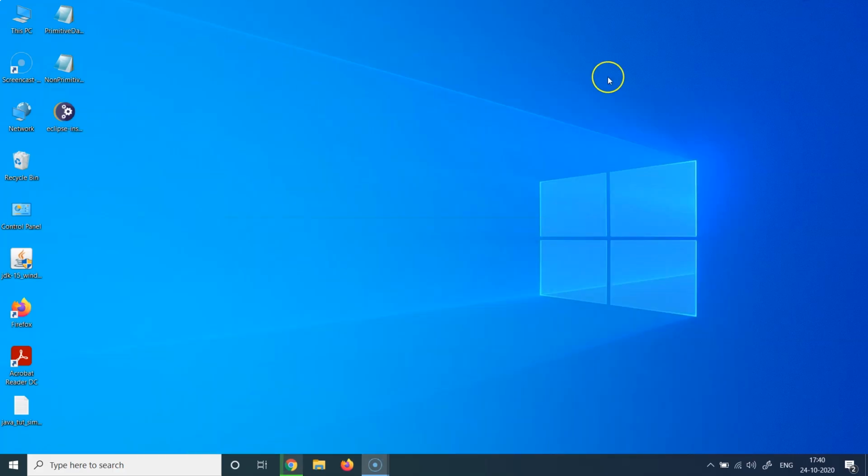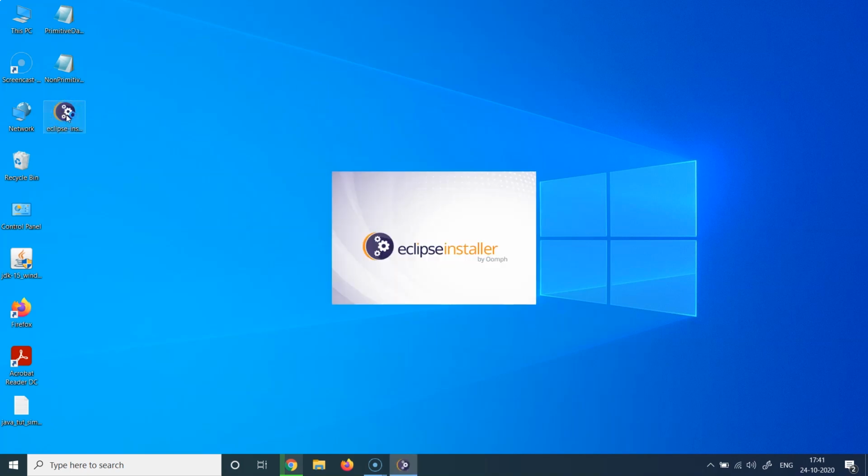So we can move to the next step, which is about installing. So you can see here, I have an installer here, an exe file basically, which I have pre-downloaded to showcase this demo. I'm just going to double click on this, and it is going to unpack the installer. You can see this icon will be presented to you, which says Eclipse installer by Oomph. Oomph is basically the provider for this particular installer who manages the installer.